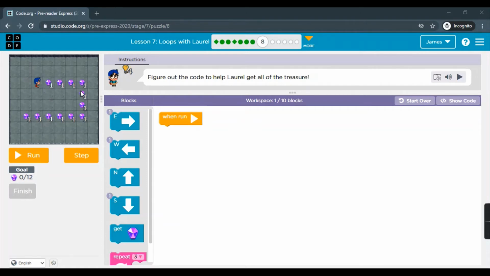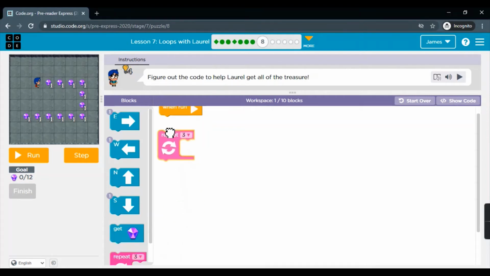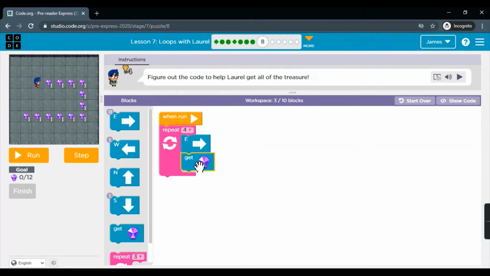So first we'll do counting, decide the direction: 1, 2, 3, 4. 4 times, don't forget to use repeat, set to 4, east, and we have to make sure that we put the get block as well.